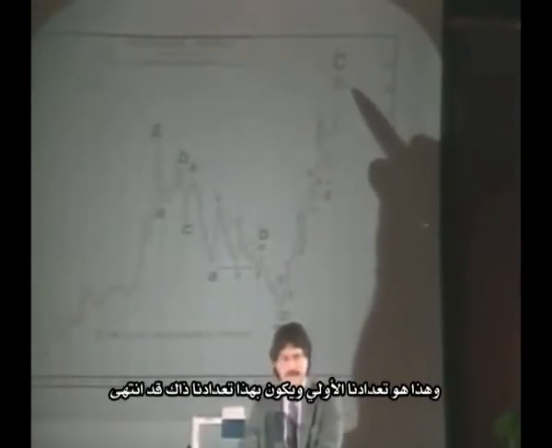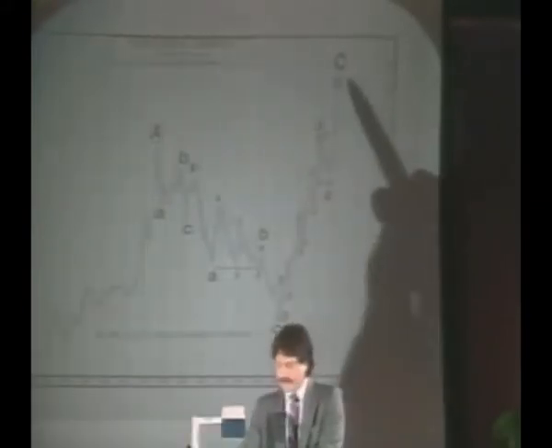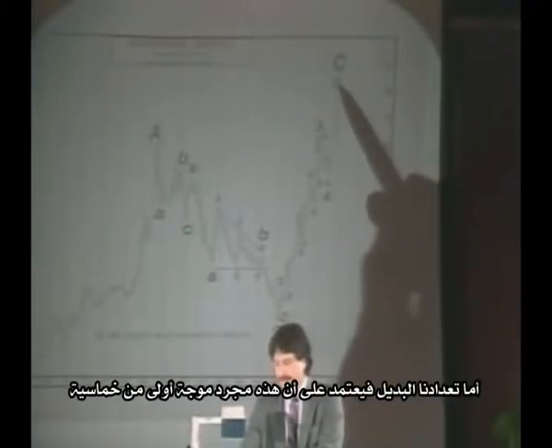This is waves 3, 4, and 5. This is our preferred count. Under the preferred count, it's over. Under the alternate count, this is only wave 1 of 5, and it's going to do 2, 3, 4, 5, and complete the